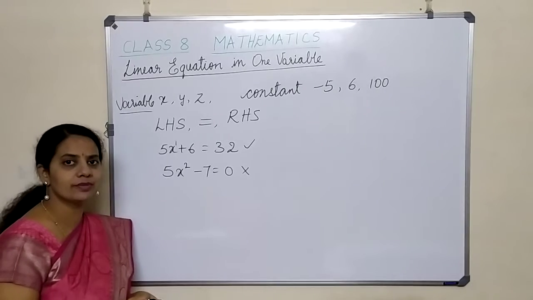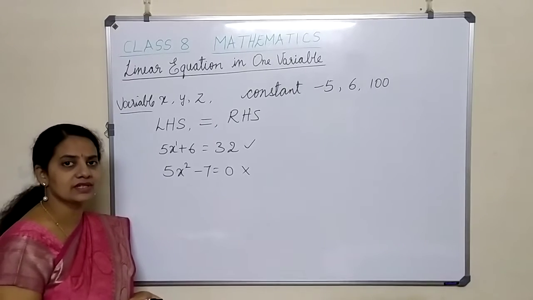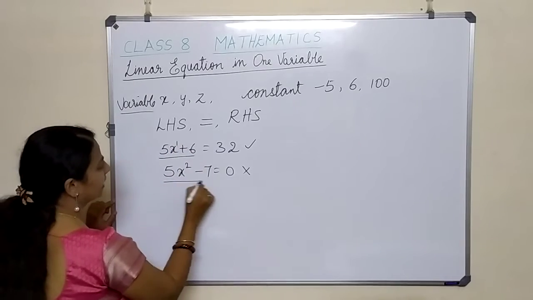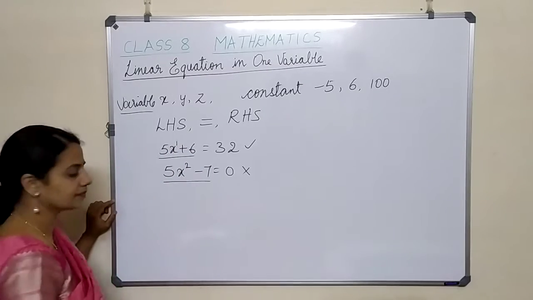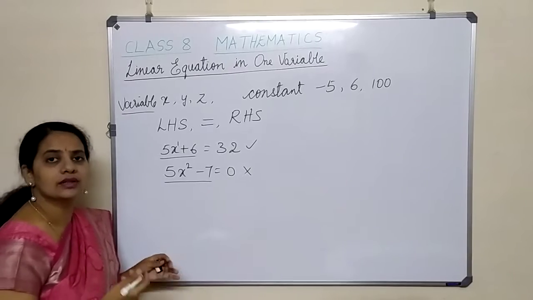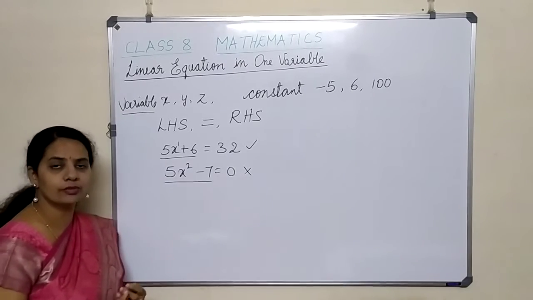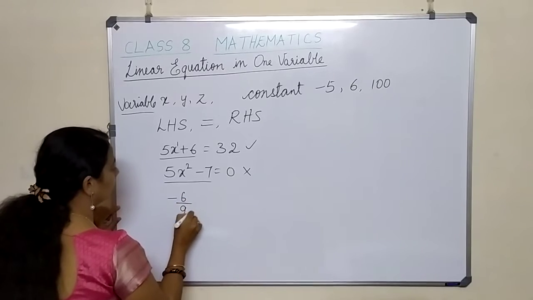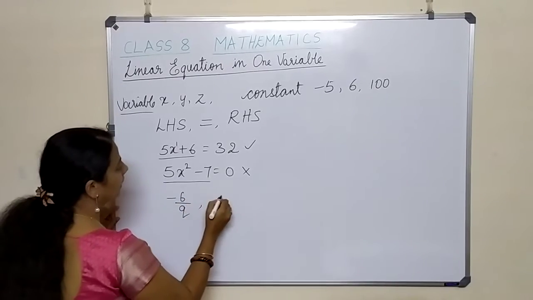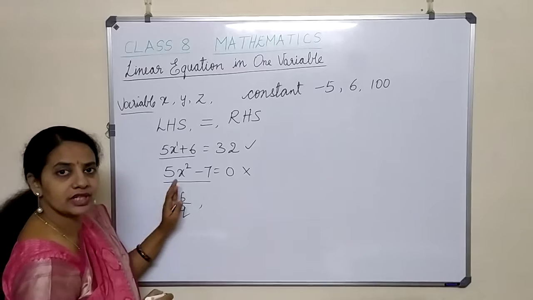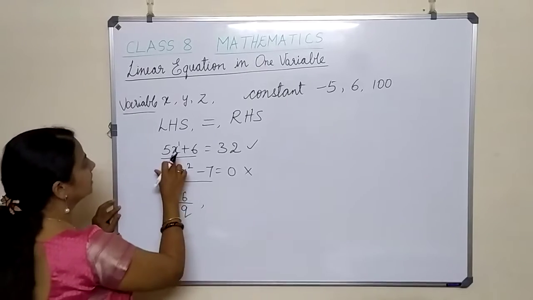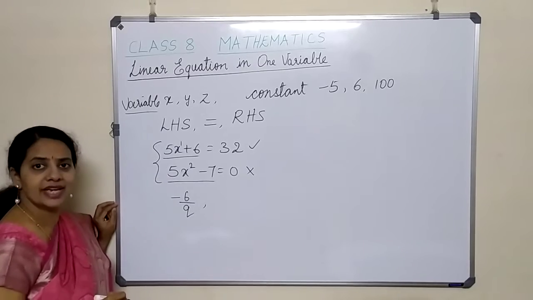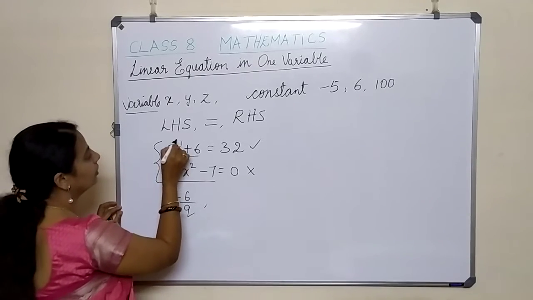Now what do you mean by an expression? You have learnt algebraic expression in the previous years, right? So all these are examples of expressions. Expression can have a single term, that is called monomial expression. Say for example -6 by q. This is your single term, so it is a monomial expression. And these two are examples for binomial expression, because here you have two terms.